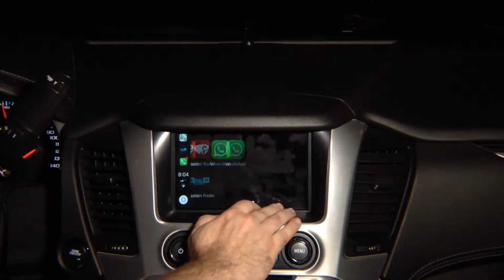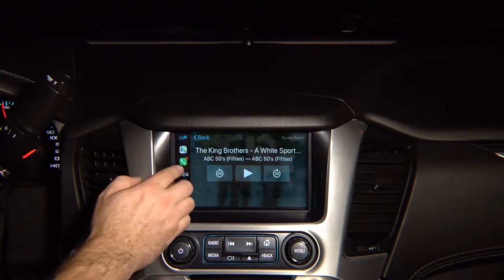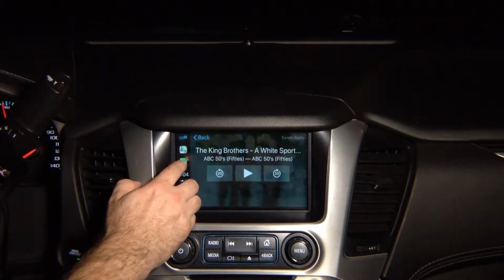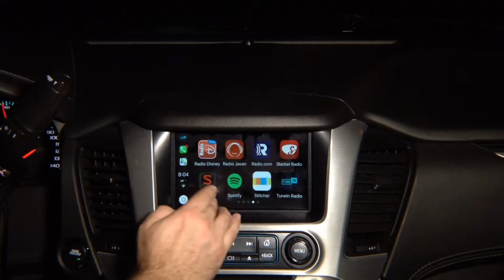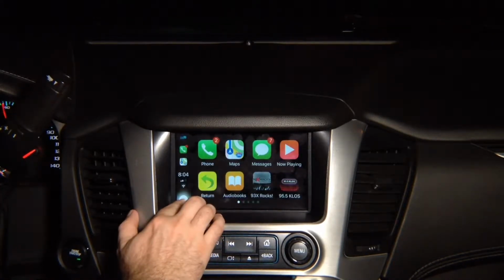100% responsive, just like original. Start the app. Over here you got recent apps, maps, tuning radio, phone calls, all your favorite apps. You want to go home, press home. You want to get out, press home, press return to go out. We also have added for you